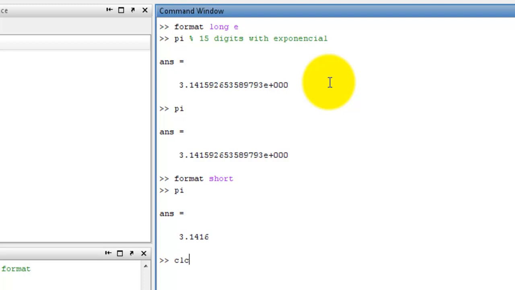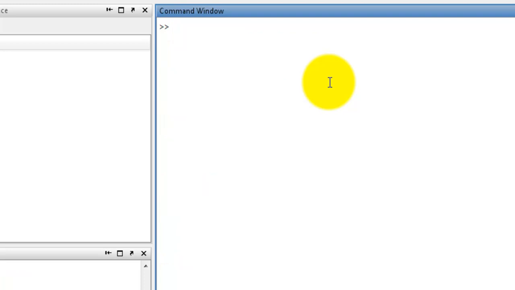CLC, clear the screen. Now FORMAT, format bank, BANK, enter. Now pi, enter. Value of pi is 3.14. Okay, now format bank means 3 digit, 3.14. Okay,